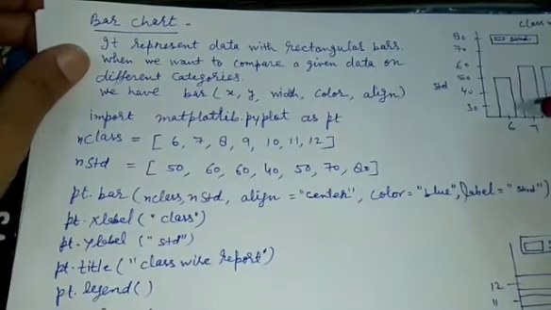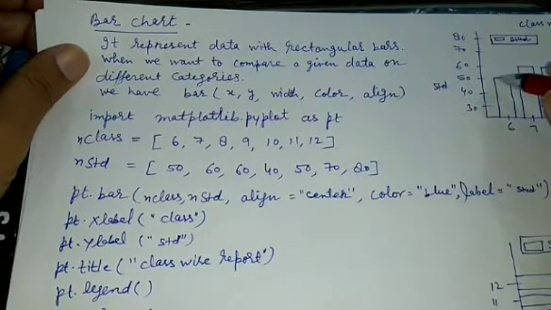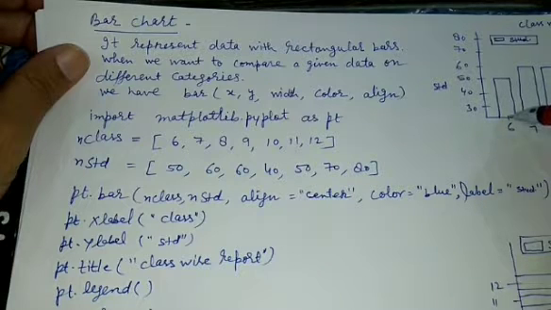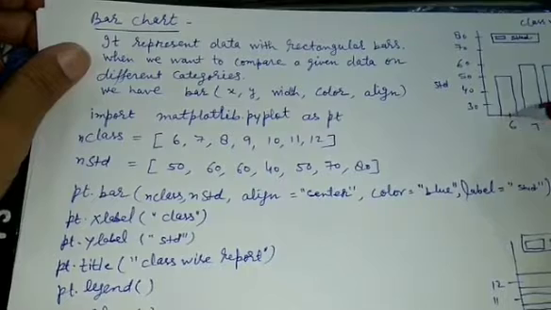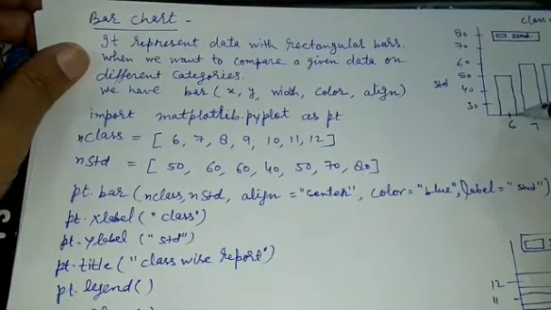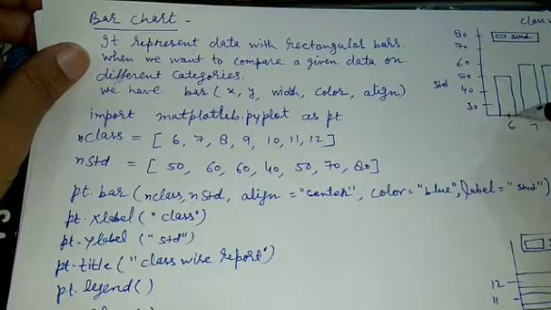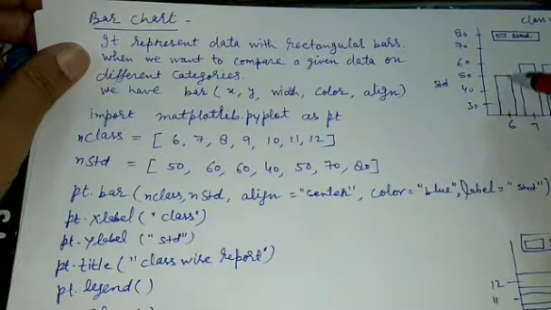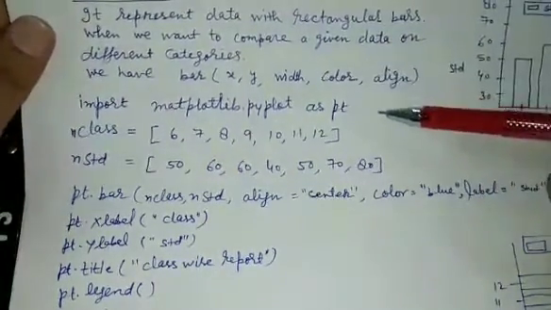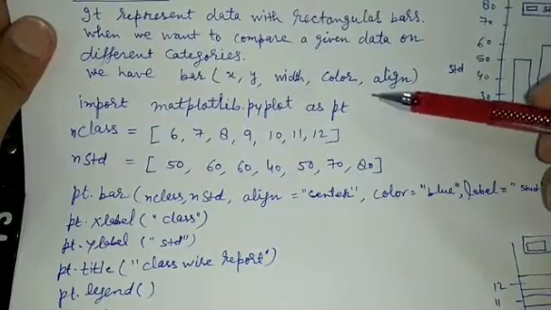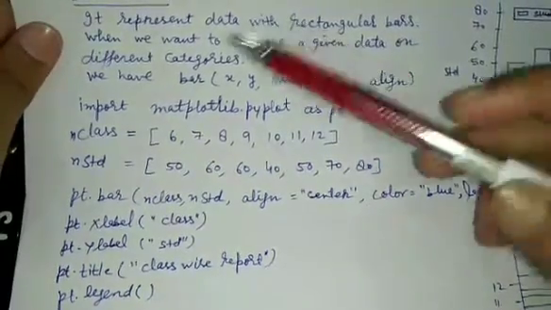And align. Align means this bar should be aligned to this point like this, left align, or like this, right align, or like this, center align. You can see this is the point and this bar is centrally aligned to the point. So this is center align, which is the default. You can make this bar left align or even right align. Okay, so let's take an example and discuss how to draw a bar graph in Python.